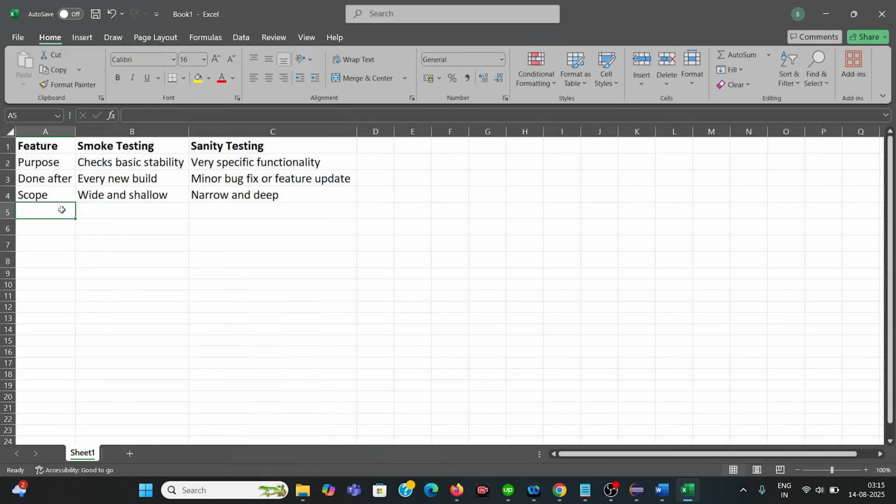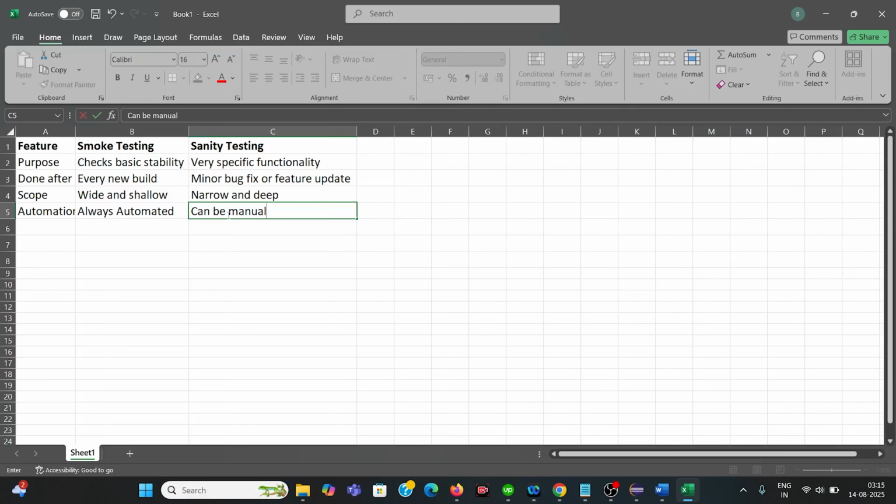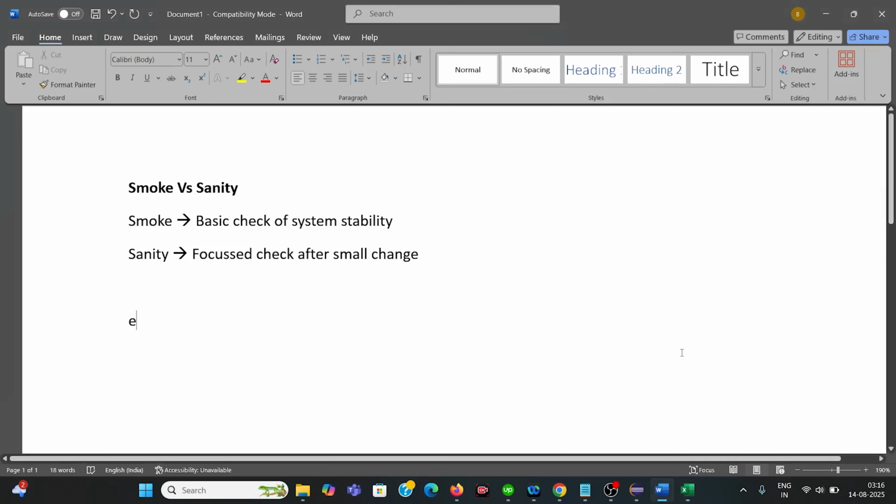Smoke testing is performed either by developers or testers, but sanity is always performed by testers only. Smoke is basically always automated, and in the case of sanity it can be manual, it depends.